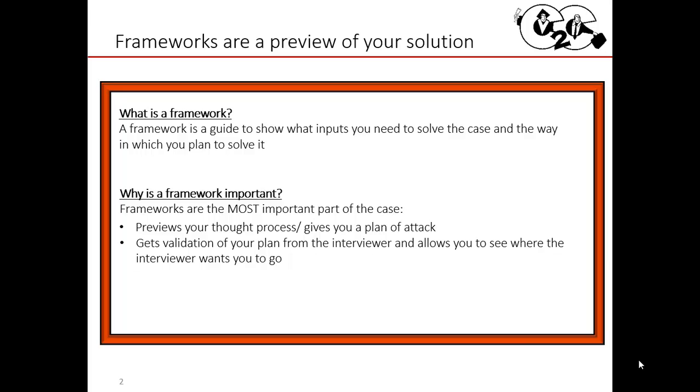For instance, if you want to look at components X, Y, and Z for a case, and you present it to your interviewer, they might say X and Y sound really, really good, Z, not so much. What this does is it allows you to focus on the components you need and to reduce the amount of focus and time on components you don't need. For instance, now you know I don't need to look at component Z. Great. I can spend more time investing in X and Y in order to dig for the data I need and to solve the case from there.